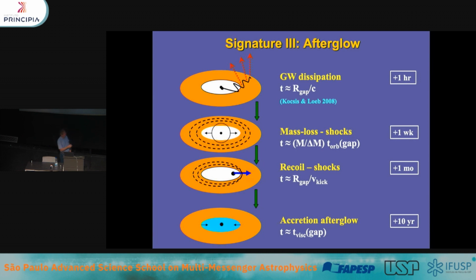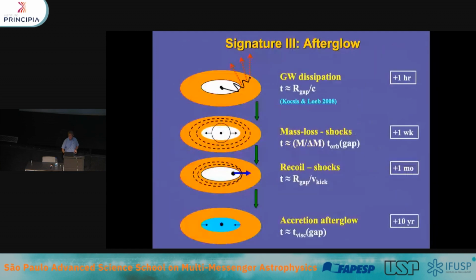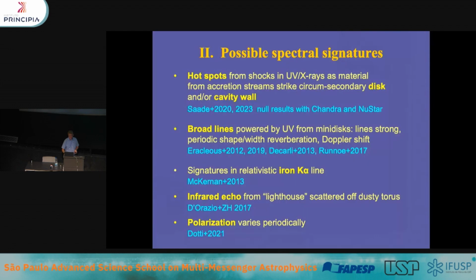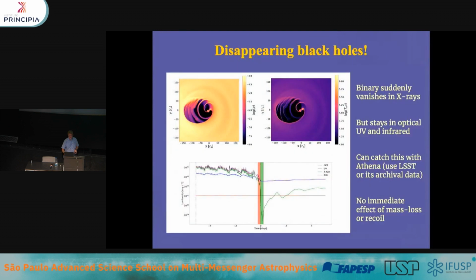And so that can start weeks or months for a 10 to the 6 solar mass black hole and last for years. So if you go back to that plot with the optical, UV, X-ray, and the X-ray becoming silent, that's way far off to the right of that plot? Yeah, so actually, very good question, because when we did this paper,